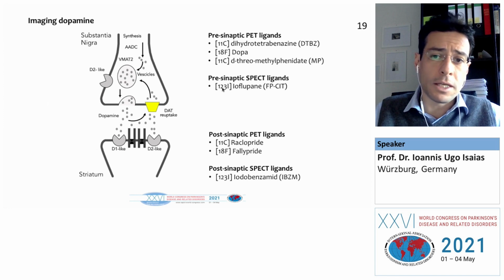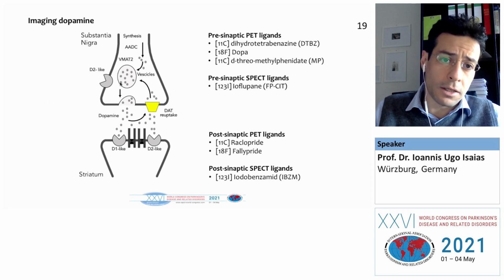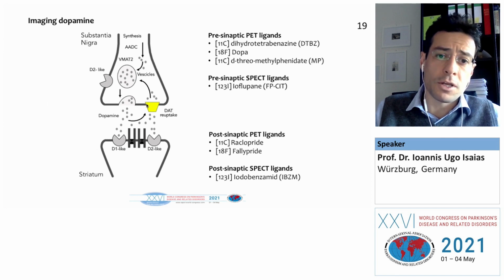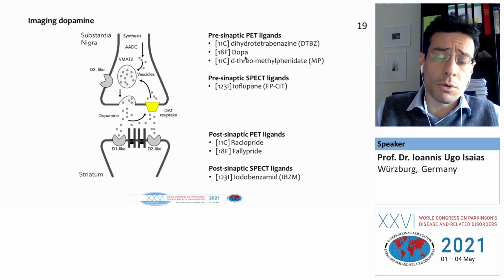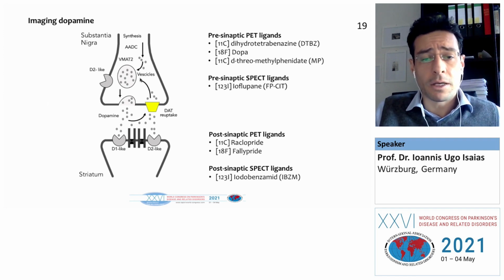There are several ligands, for example, ethyltetrabenazine, which targets the vesicular monoamine transporters. We mentioned already the dopamine reuptake transporter ligands, such as methylphenidate or ioflupane, which is commercially known as DaTSCAN. And then we also have fluorodopa PET, which investigates dopa decarboxylase activity